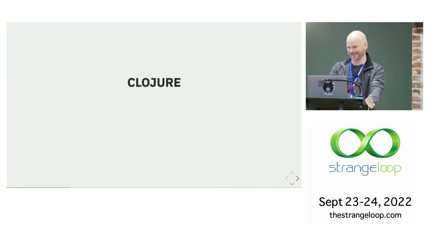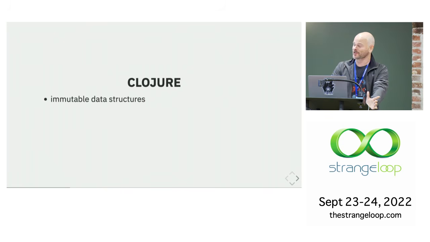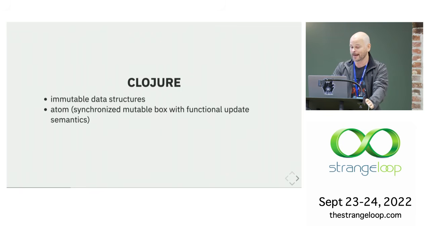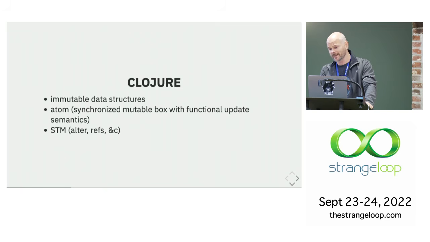So Clojure. Because Rich Hickey really cared about concurrency, he included immutable data structures. So now you don't have constant banging on the same things and crushing each other's data. This is very helpful. What else? He's got atoms. These are synchronized mutable boxes with functional update semantics. Everybody uses these. These are great. He has also a full software transactional memory implementation that, frankly, nobody uses. But it's still great. It just has a more complicated API, and the lesson from this probably is that if you want people to do the right thing, you have to give them an API simple enough that they really will.